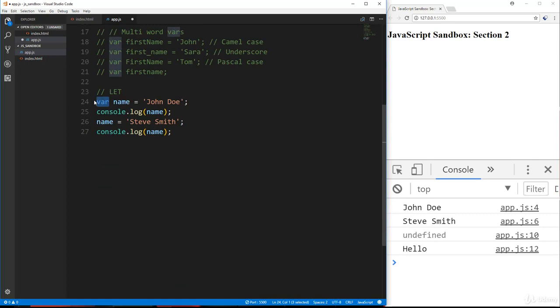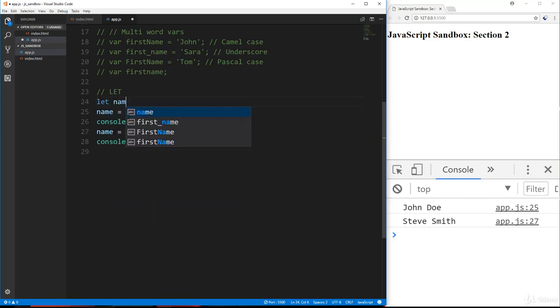So what I'm going to do is just change this to let and save, and you'll see it works the same exact way. We can initialize, we can create a variable, and then we can change it. We can reassign it. We can also initialize it as undefined, so we can go let name just like that, and that will still work as well. Now const works differently, so I'm going to just go ahead and comment that out. So const actually stands for constant, and what that means is that it can't change, or it can't be reassigned. So if I say const name equals John,